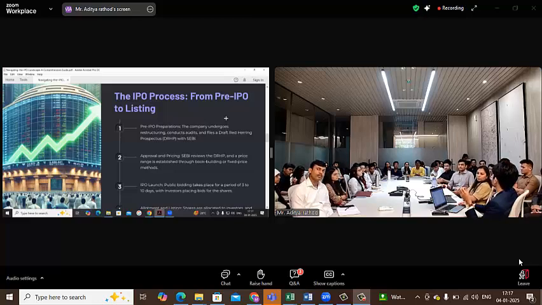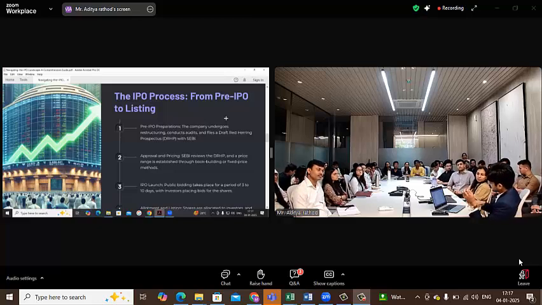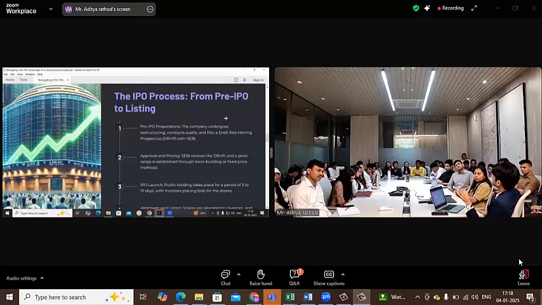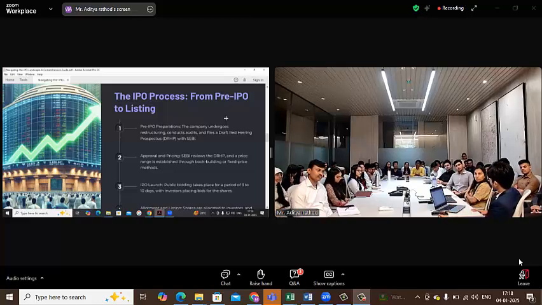So now the SEBI ICDR, we are moving towards the promoter contribution, wherein basically ICDR is saying what in the offer size, for example, offer size is about 500 crores. So we are going to have 500 crores issued in the market. So promoter needs to bring some contribution. There is a limit towards that as well. So ICDR is just saying that the promoters need to bring 20%. So for example, if the company is bringing 1 lakh shares, 20% contribution towards 20,000 shares shall be brought by the promoters.